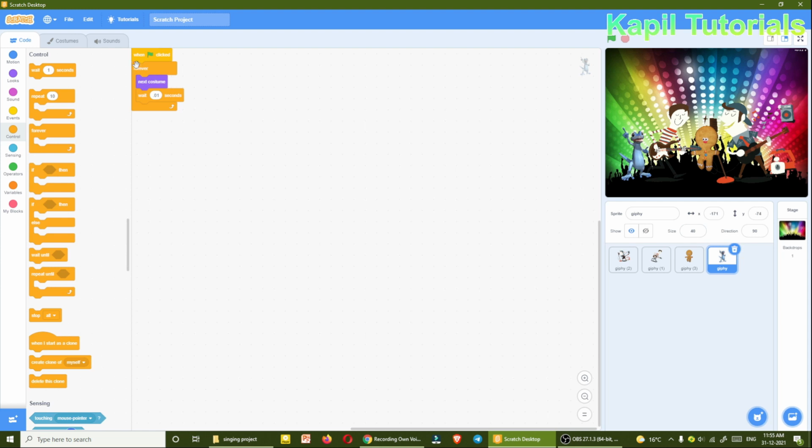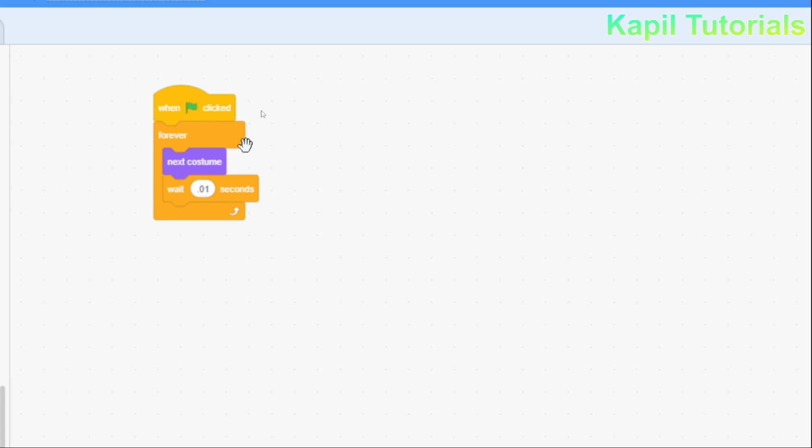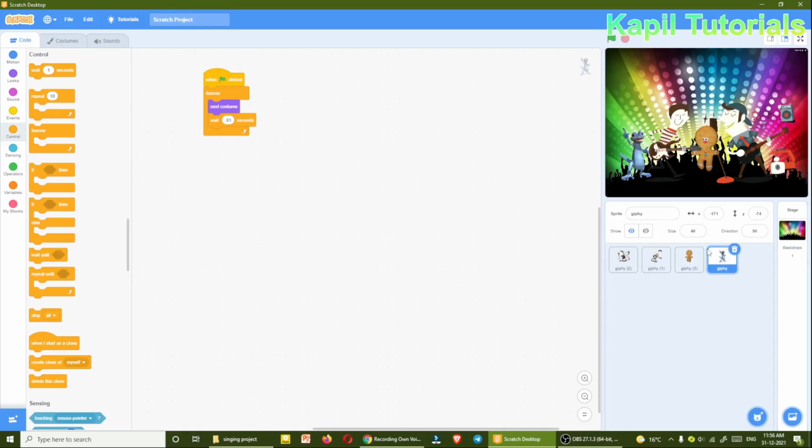Now the same code has been copied everywhere. Okay, this is the simple code. Now if I want to play, it will work, but I want the main 2 singers and the guitarist, the 2 sprites, to be in front. So the simple trick is that you just select it and place it in front. Now you could see it is coming in front.